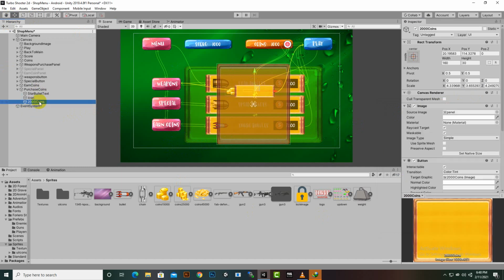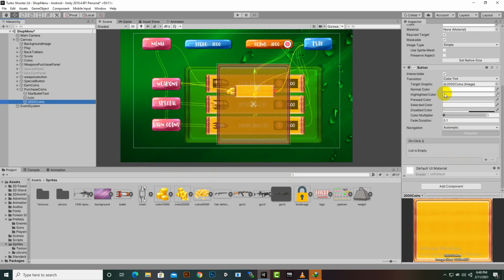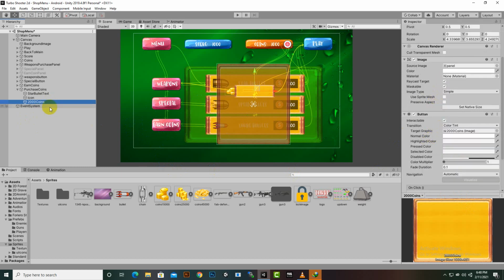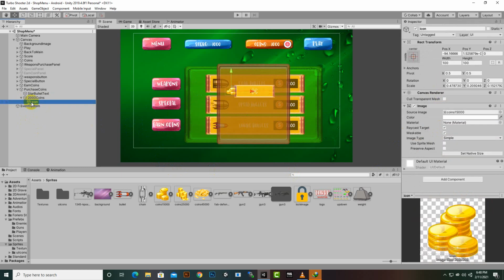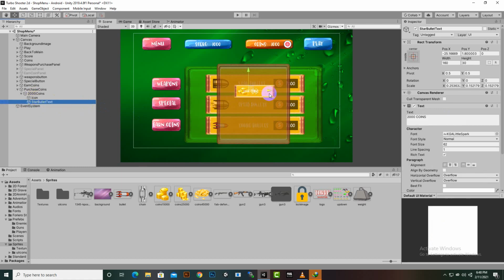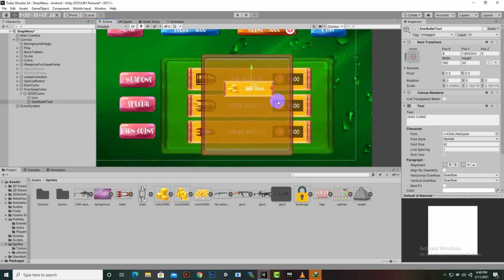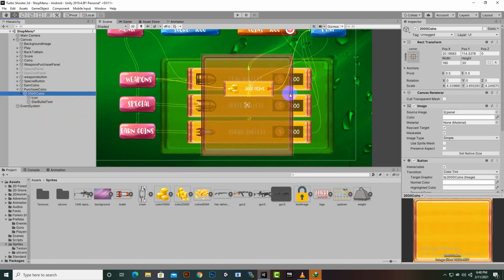And here you can see that we have this thing, which is actually the panel, sorry, button, and yeah, this should be button interactable, and inside this button we have icon, and we will move icon like this, and we also have the text, so we can move text like this. Okay, so that's nice. Now we can select this button, we can place it here, and we can duplicate it,